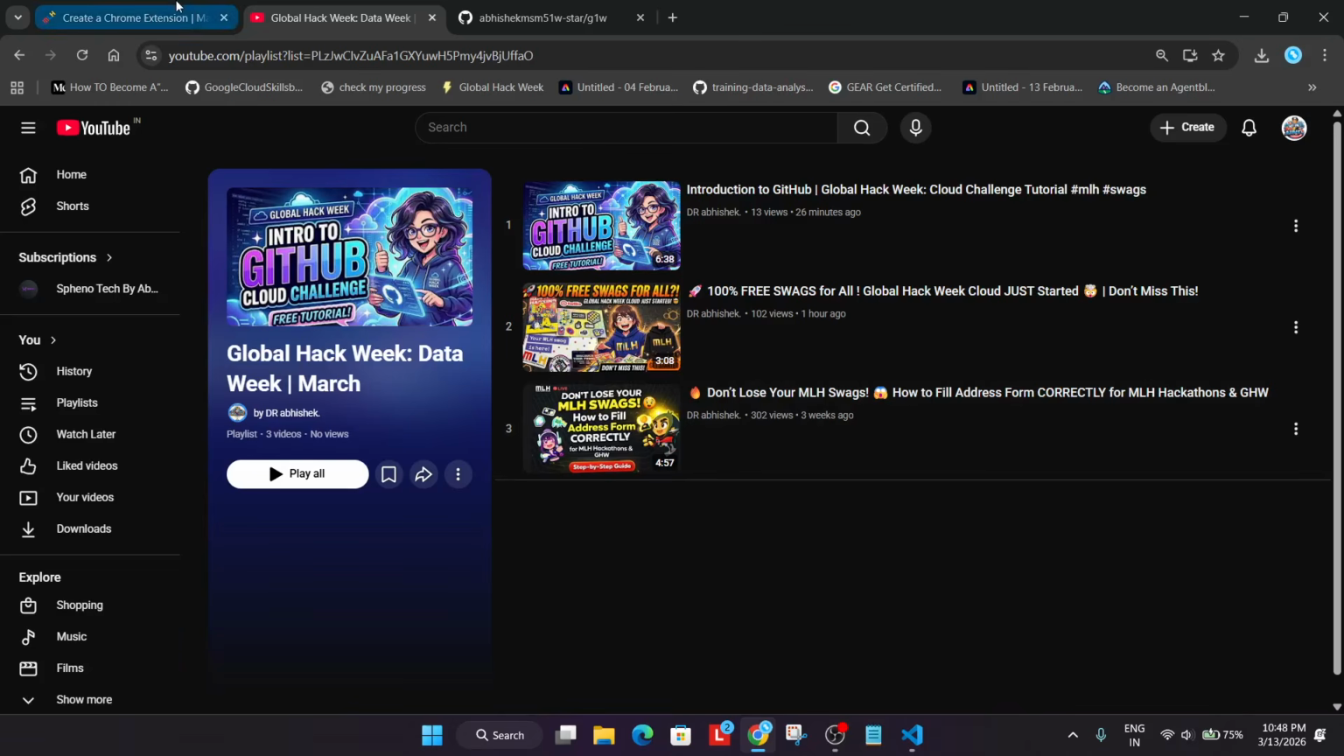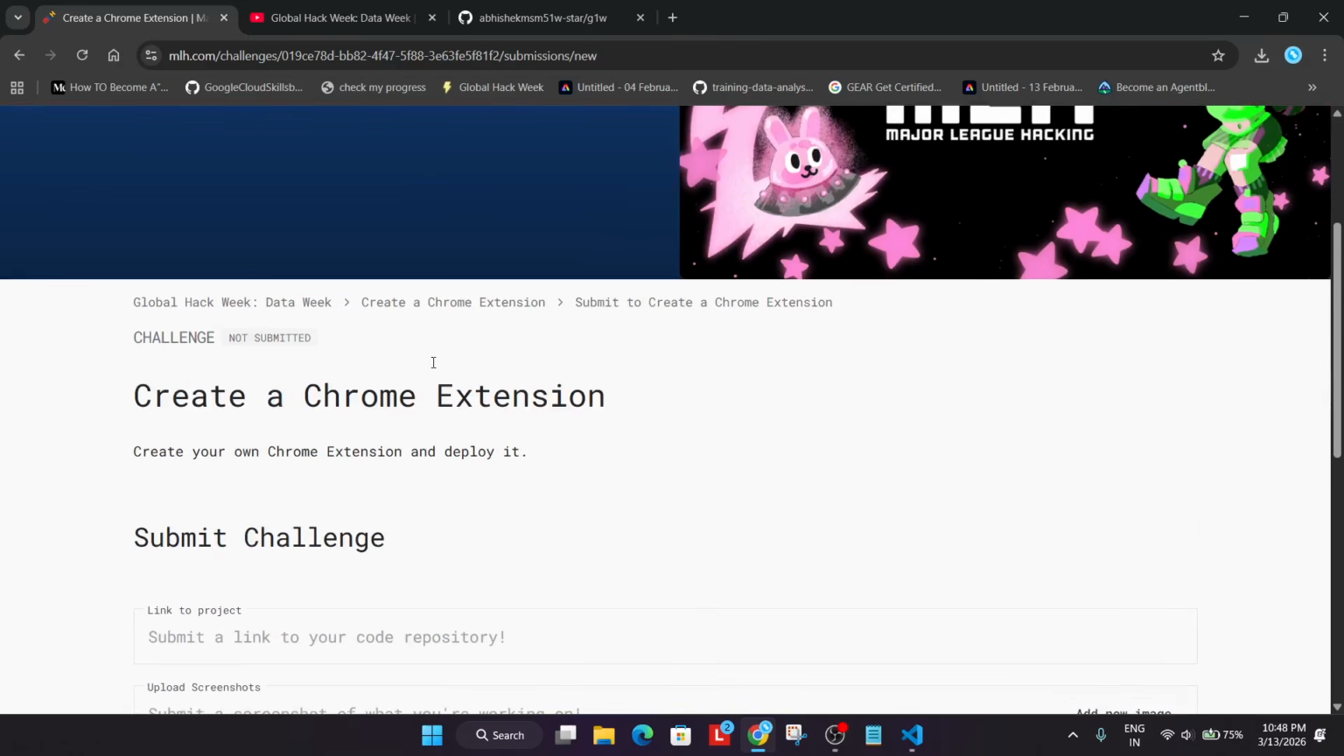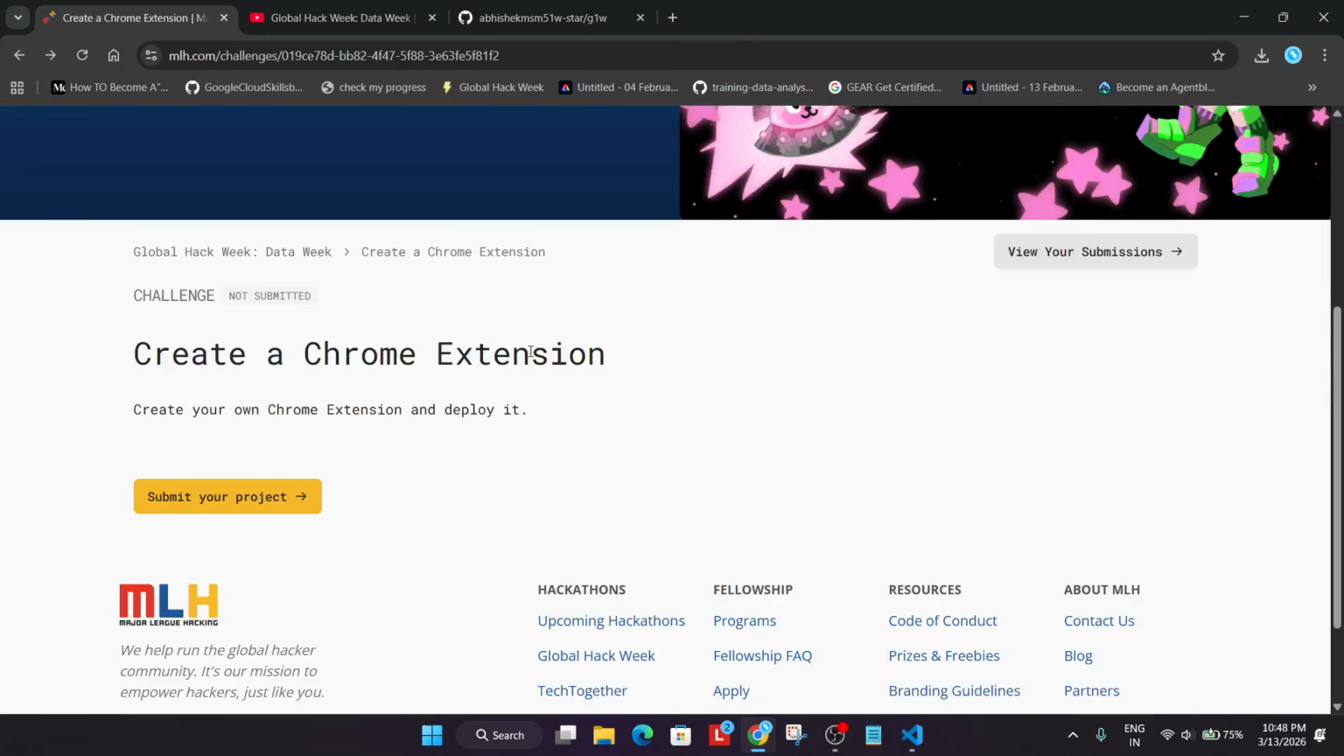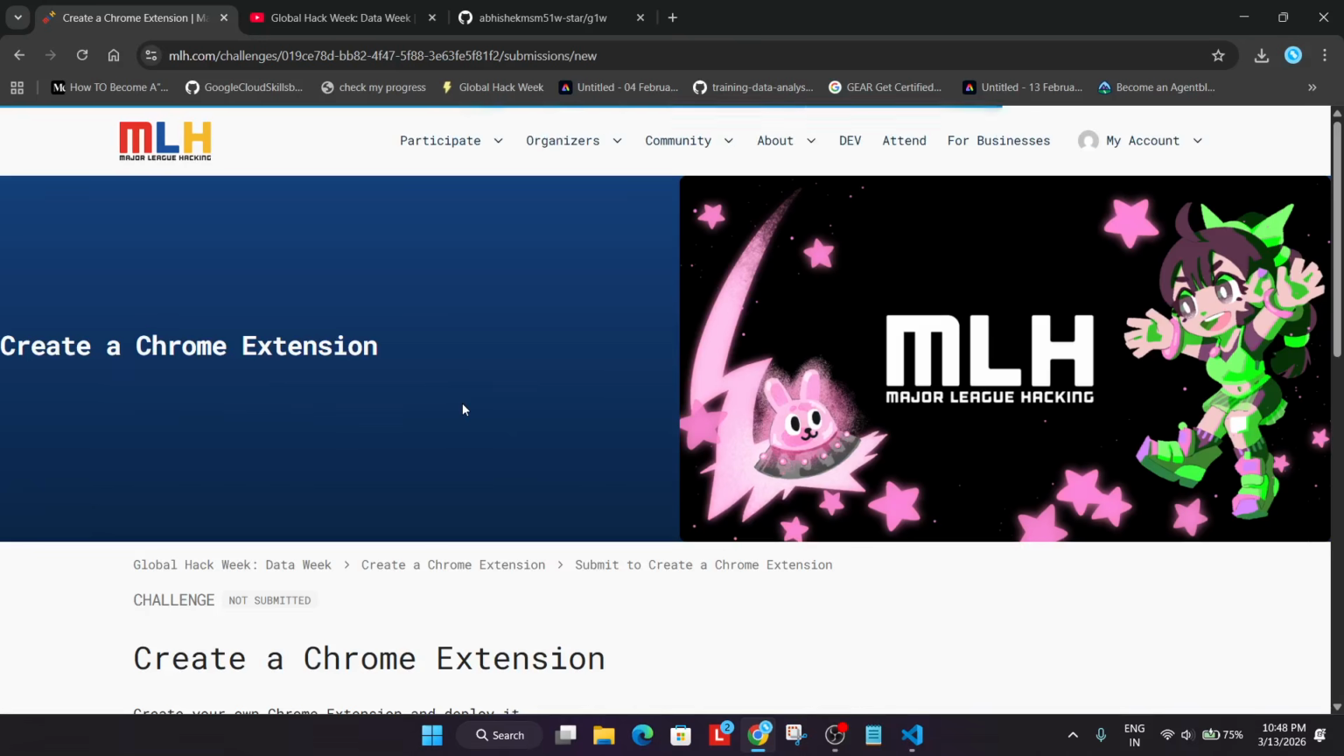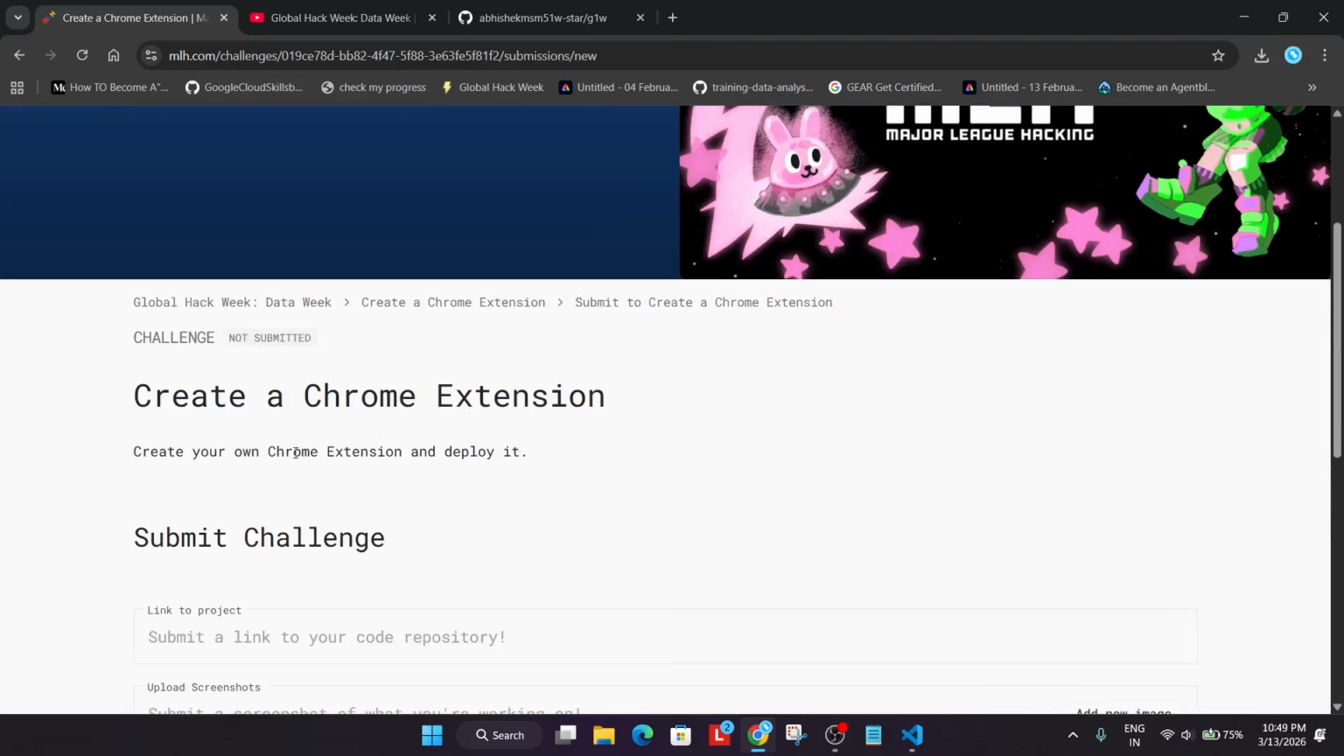Now coming over here, we have to create a Chrome extension. So by default, you'll be able to see this page. Okay, I'll share the page of the challenge also. It will be updated mostly. So you have to just create a Chrome extension. You can create any Chrome extension and deploy it. For example, a music app, a normal Chrome extension like a jokes extension, any game extension, a to-do app extension, like this